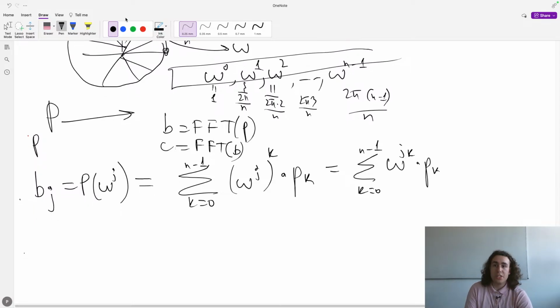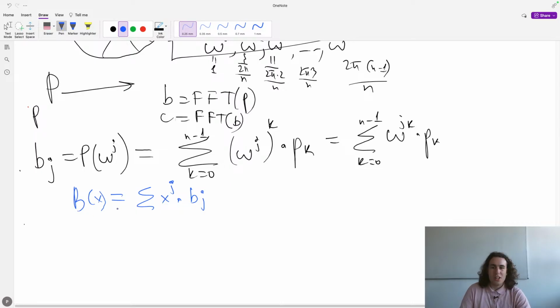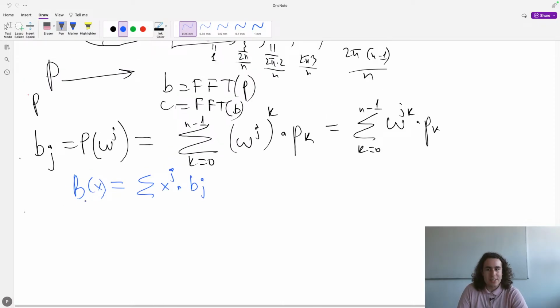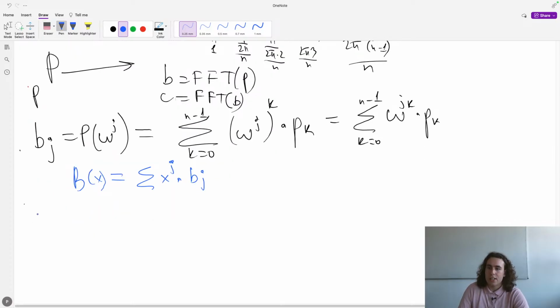And we have all these values bj, and now we need to consider the polynomial b, right? b of x, which is the sum of x to the j times bj. I'm trying to choose the right indices so that it's not confusing. We have this polynomial, which is weird, because its coefficients are values of a different polynomial in some points. And now we want to, again, evaluate this polynomial in these points. So by definition, c is FFT of b. So cl, let's say,